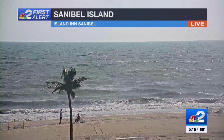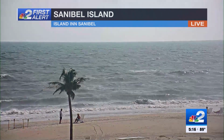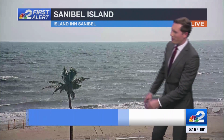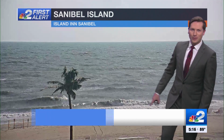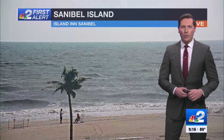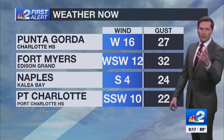As we take a live look here from Sanibel Island, from the Island Inn, things still pretty choppy in the Gulf, but not stopping some people from going down there and taking advantage of the view. We sure have a beautiful place to live here, this spot we call home. But a reminder, again, like we mentioned earlier in the newscast, there could yet again be some small things that you don't want to step on in the beaches, so make sure you watch where you step here if you're going to venture out and see how the Gulf is churned up right now,